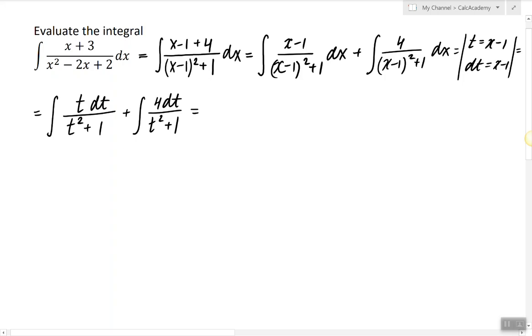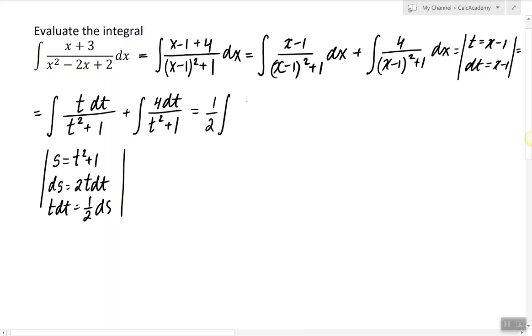Now, the first integral can be done by another substitution. So let's let s be equal to t^2 + 1. Then ds will be 2t dt, and t dt is then equal to 1/2 ds. So after doing this substitution, we get the following integral. We have 1/2 ds over s,